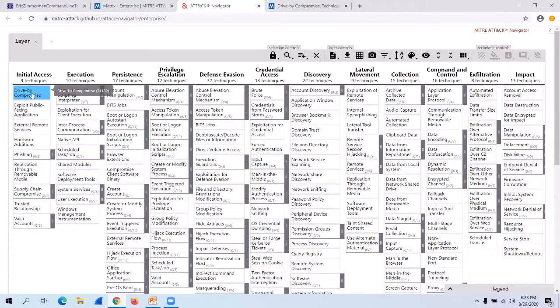Like if a particular APT group is attacking you, and you identify the particular TTPs being used by them, like drive-by compromise, creating or modifying system processes, doing these kinds of techniques, you can create a layer above this Excel sheet.